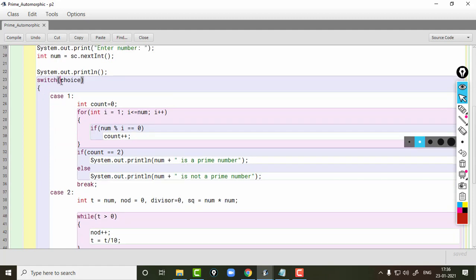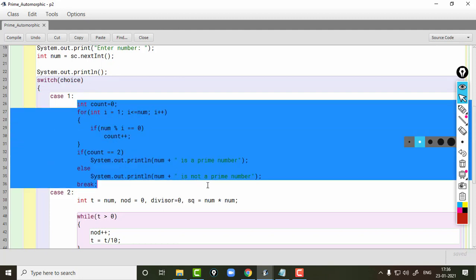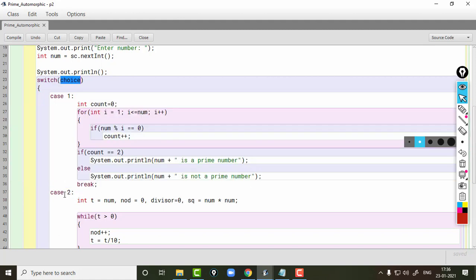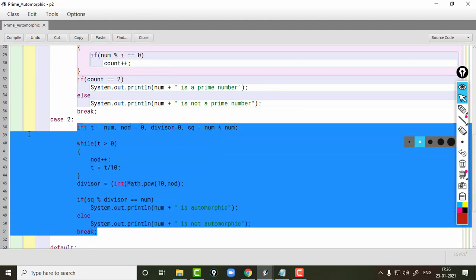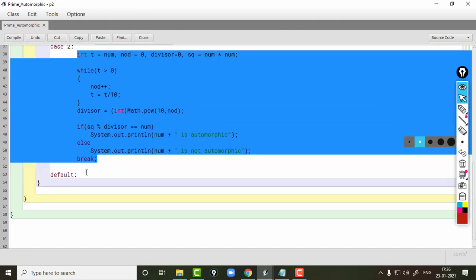Then I'll pass the choice as an expression to the switch statement. If choice is storing 1, we'll find out whether the input number is prime or not, and if choice is storing 2, then we'll find out whether the given number is automorphic or not.